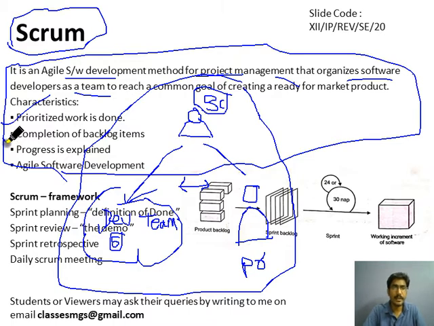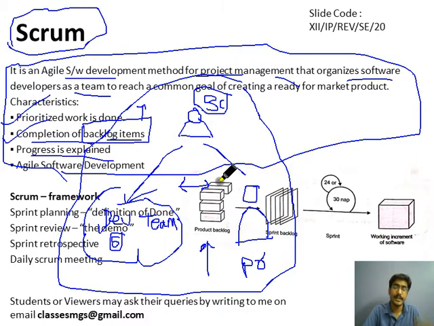And then completion of the backlog items. In this meeting in Scrum we will discuss that backlog means the work that needs to be done by the Scrum team, by development team. Product owner generally maintains the product backlog. In this product backlog the list of work that needs to be completed will be added by the product owner, and the Scrum master will assign these tasks from the product backlog to the software developers. Okay, so this is how we will track the completion of backlog items regularly in the Scrum.